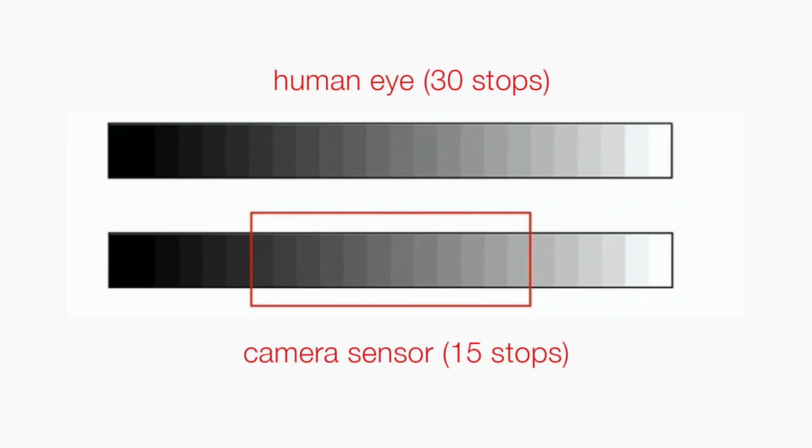And imagine this: the human eye has the ability to recognize up to 30 stops of light. So 30 stops of dynamic range, while the best cameras in the market, the best sensors, might only recognize 16,